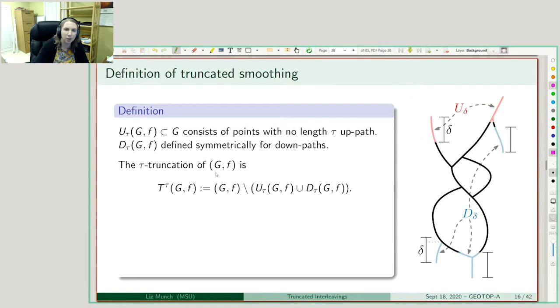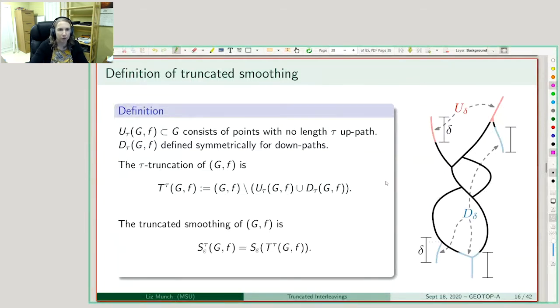The tau truncation is then what happens if I just delete all of that stuff. So in my example here, all of the black portion of this Reeb graph is my tau truncation of my Reeb graph. So please note I haven't smoothed anything. I'm just defining truncation. All right. So if the black region is the tau truncation, the truncated smoothing is what happens when